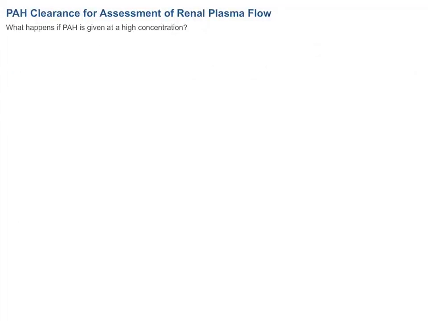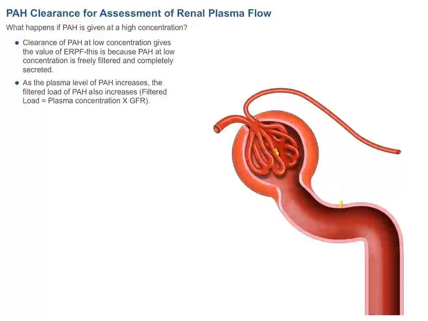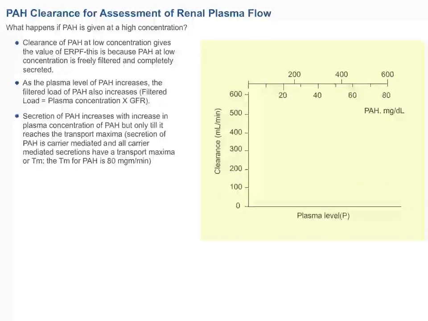What happens if PAH is given at a high concentration? Clearance of PAH at low concentration gives the value of ERPF. This is because PAH at low concentration is freely filtered and completely secreted. As the plasma level of PAH increases, the filtered load of PAH also increases. Filtered load equals plasma concentration times GFR. Secretion of PAH increases with increase in plasma concentration of PAH, but only till it reaches the transport